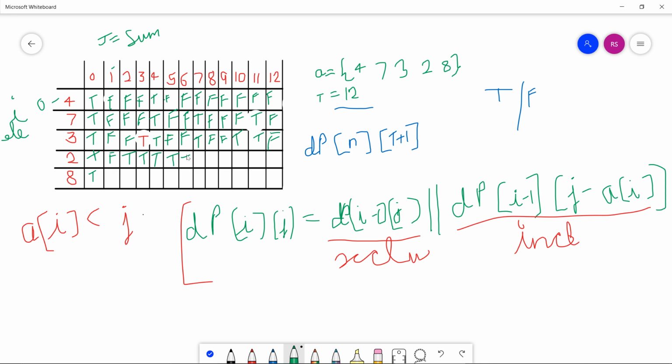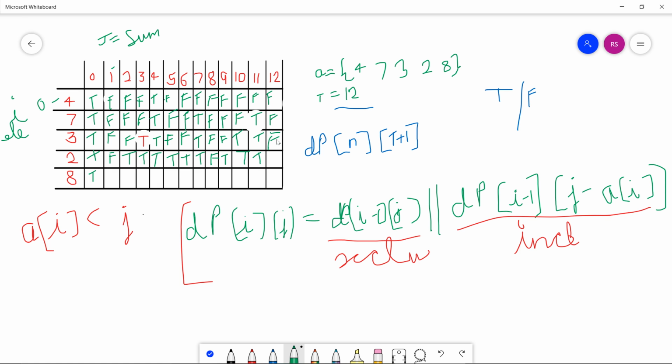Now this is also true because 6 minus 2, which is 4, gives us true. Now if we include this 2, 8 minus 2, 6, false. 9 minus 2, 7, gives us true.